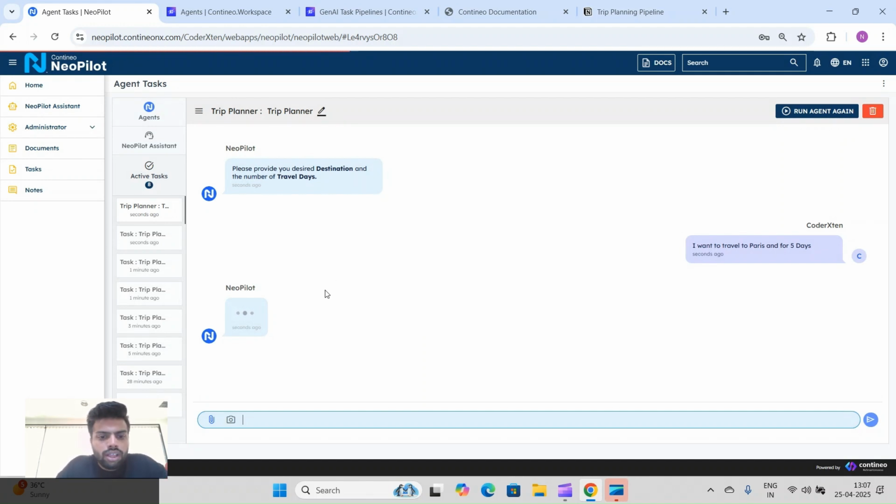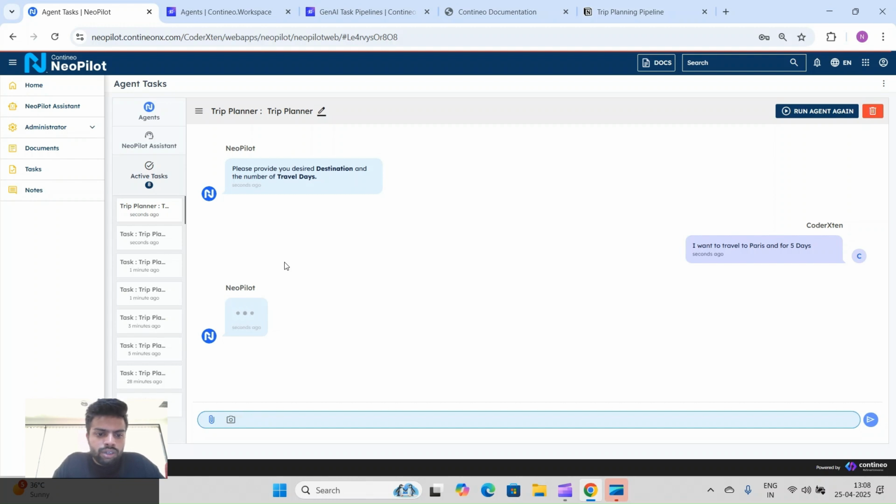That call has gone to our pipeline, and it's now processing our inputs, and it will go through that series of steps as I told you before. First it will do the research of the destination, then it will plan the itinerary, and then it will show us the detailed plan. It might take a few seconds or minutes, depending on the use case, and it also depends on the prompts you're writing.